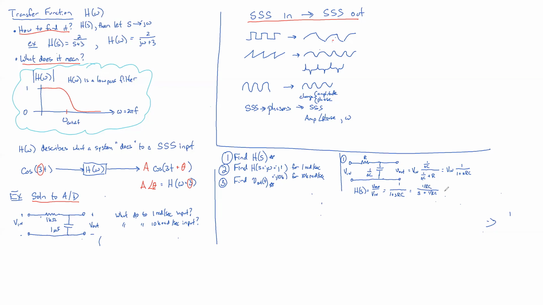And we'd get that. And when we plug in our numbers for R and C, we get 1,000 over S plus 1,000. So that's our first step. And I'm going to suggest that you try to keep your variables as R's and C's rather than plugging in numbers, because you can see that RC has what